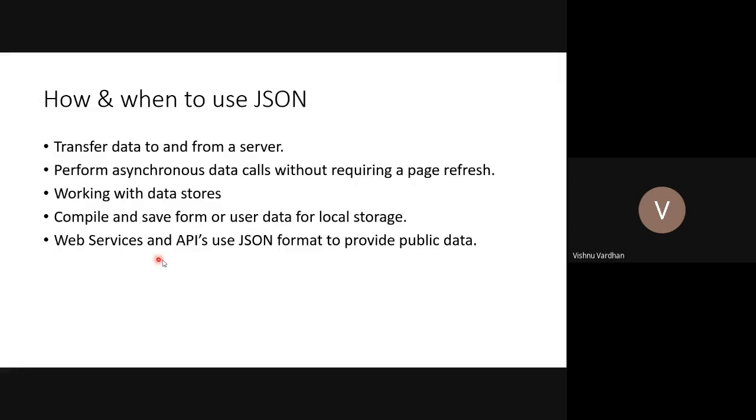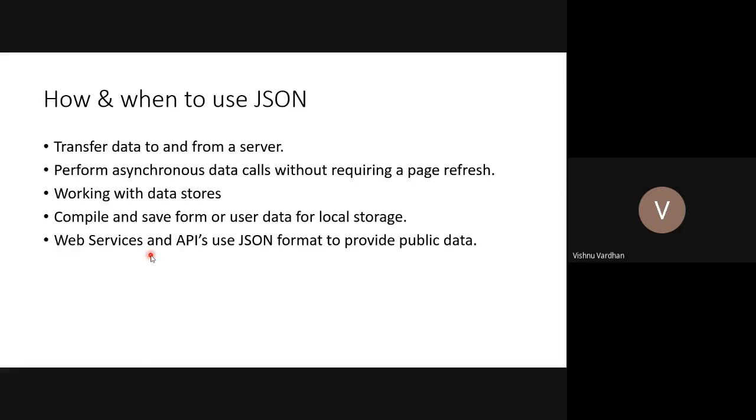Then web services and APIs use JSON format to provide public data. If you see the current trends, this point is heavily used actually. When you compare with the Ajax features, this is the most highly used feature with JSON formats.